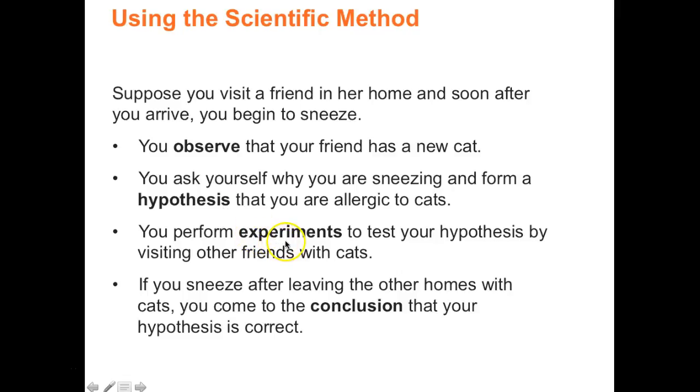So therefore, you would conduct a series of experiments by visiting other people with cats. And then if you do develop an allergic reaction on your visits, then you know for sure that you are allergic to cats. If on the other hand you did not develop the same allergic reaction with those other cats, then you'll have to come up with another hypothesis as to what could be that reason, and then set about experiments to prove your second hypothesis. All right, so